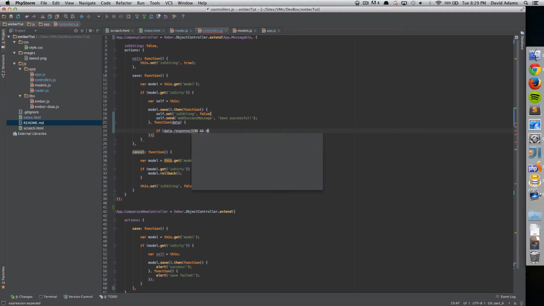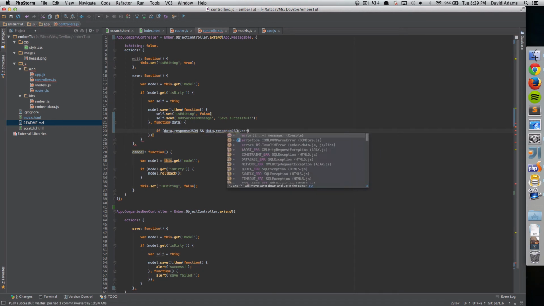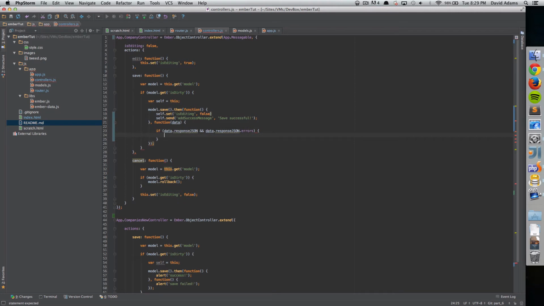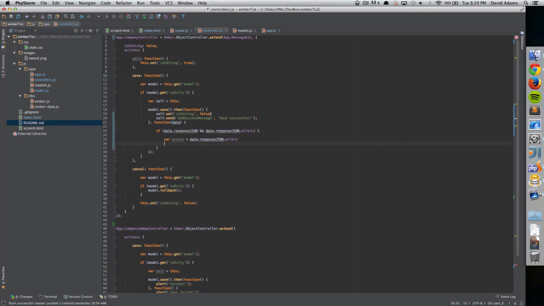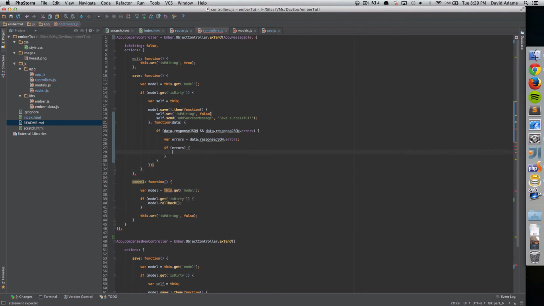If we have it, and we have errors, and these are errors that I'm returning from my API, we can save our errors equals data response errors, and then if we have errors and they're not empty,